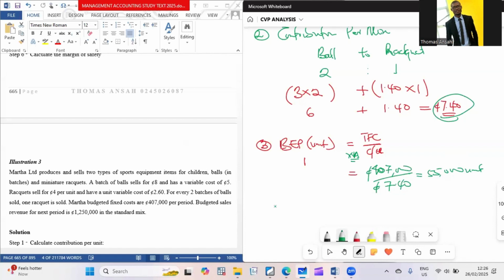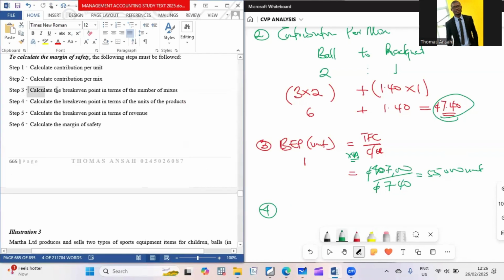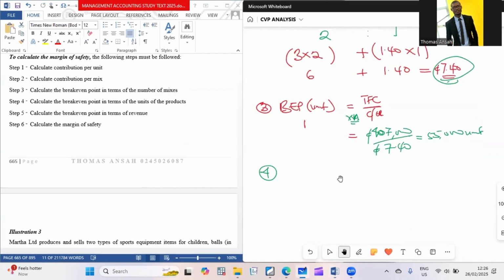All right. So that tells you that if I go to do my step 4, the break-even point in terms of the units of the products. So calculate the break-even point in terms of the number of mixes. And this is what we had. So my step 4 is going to be 55,000 mixes